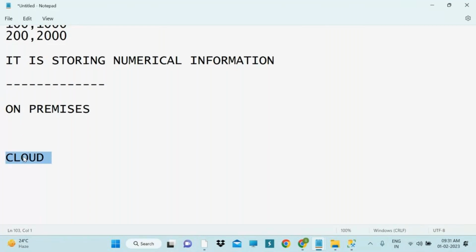Whatever you are using, only for that you are paying. Otherwise, we are storing only 5 GB of pictures but have bought a 500 GB hard disk, generally speaking. But here, if you want to store, you just create a Google Drive and save it. And if you want to increase your capacity, then what you will